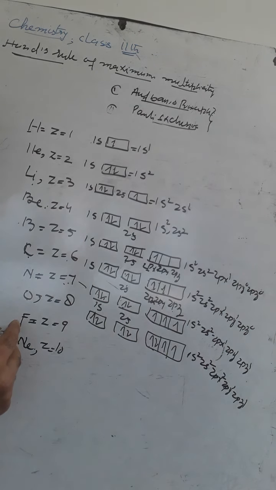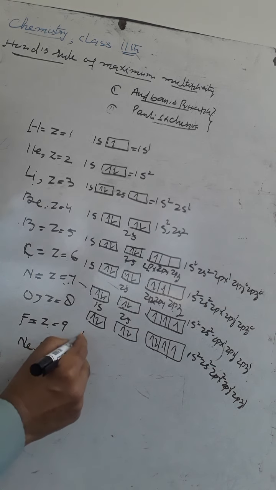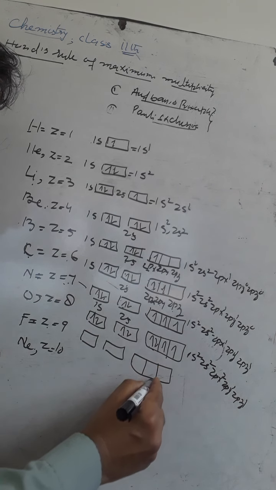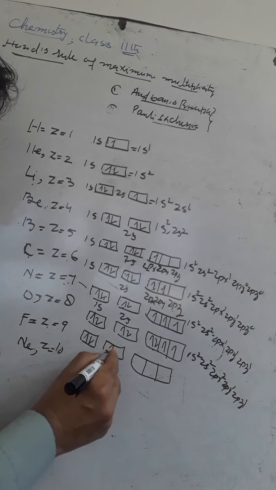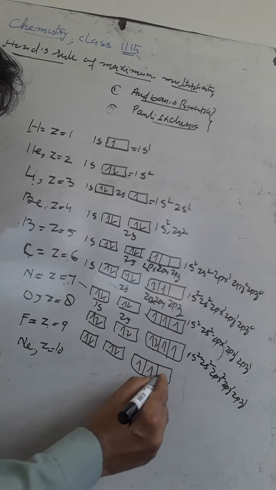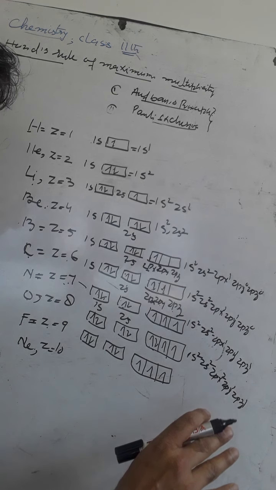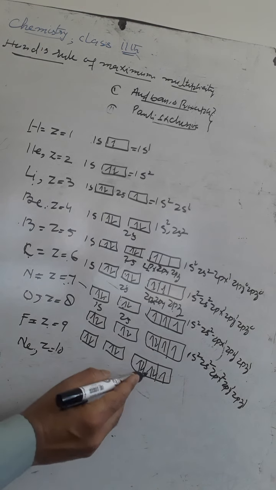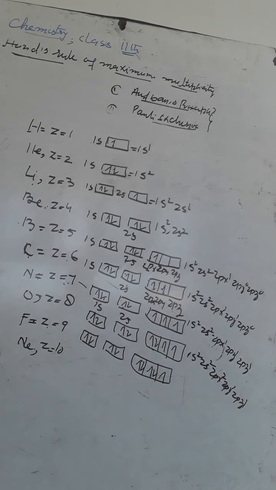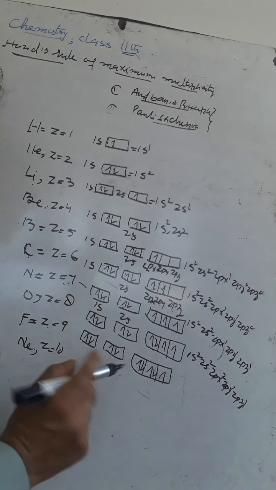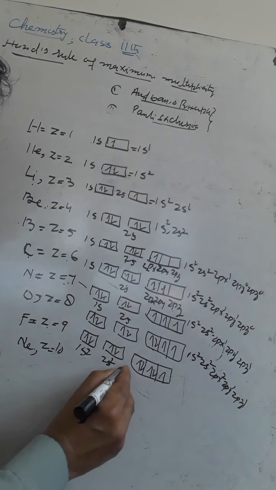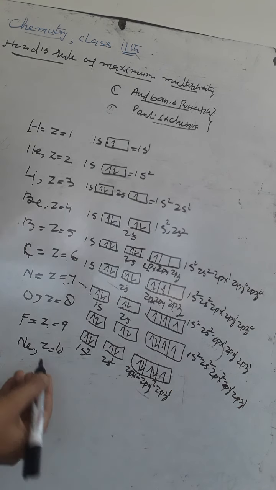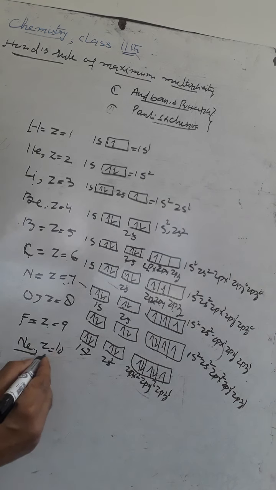Similarly, I will now have fluorine with atomic number 9. I can add 1s, then 2s, then 2px 2py 2pz. It is with 2 electrons, 2 electrons, and 1, 1, 1 electron goes into each. Now I will start pairing. Now this one and this other one. Again, no electron pairing takes place unless each orbital can get one electron. What configuration does it form? 1s2 2s2, 2px2, 2py2, 2pz1.